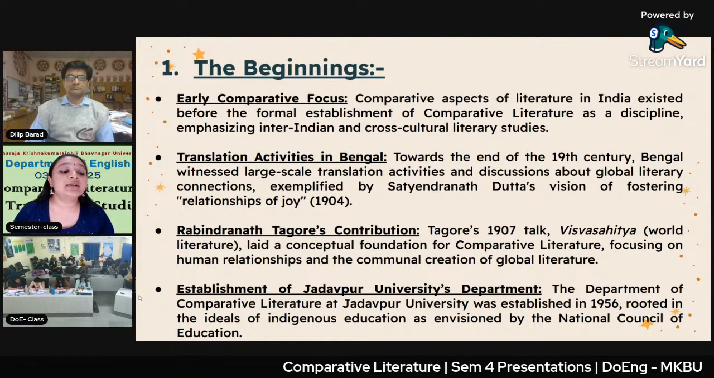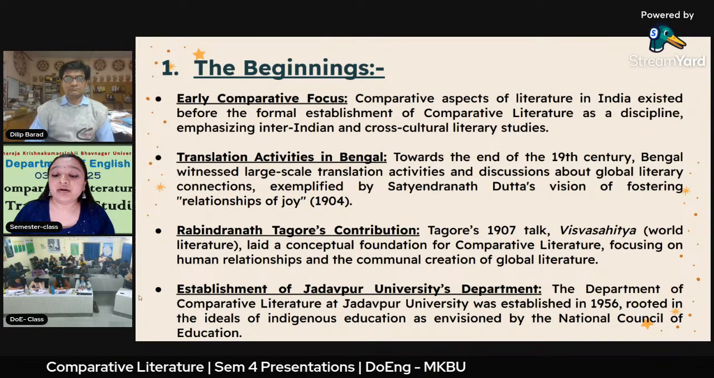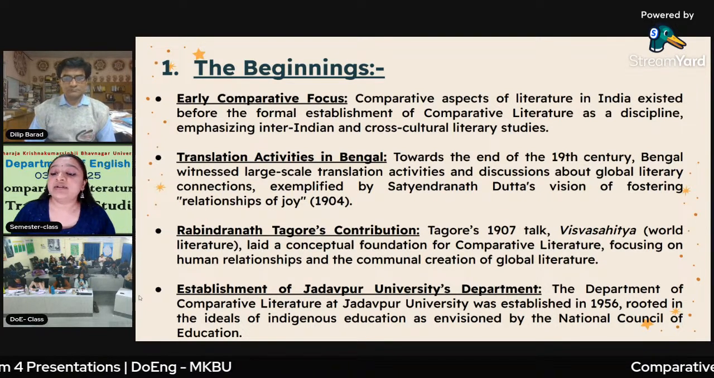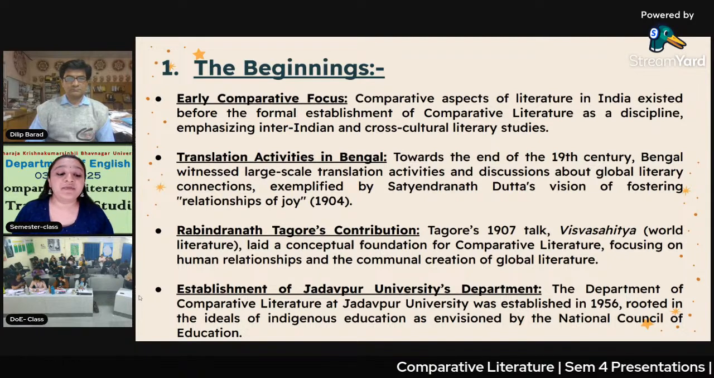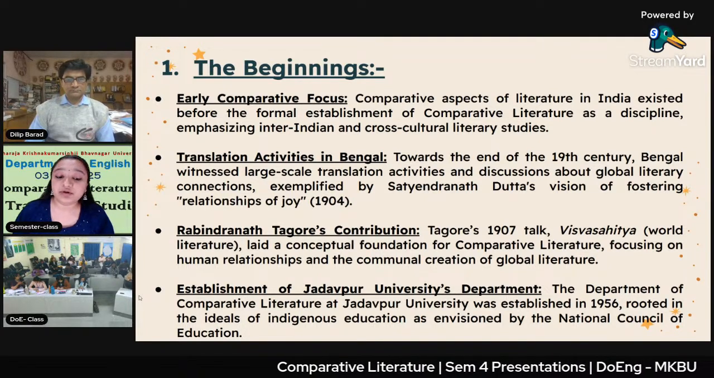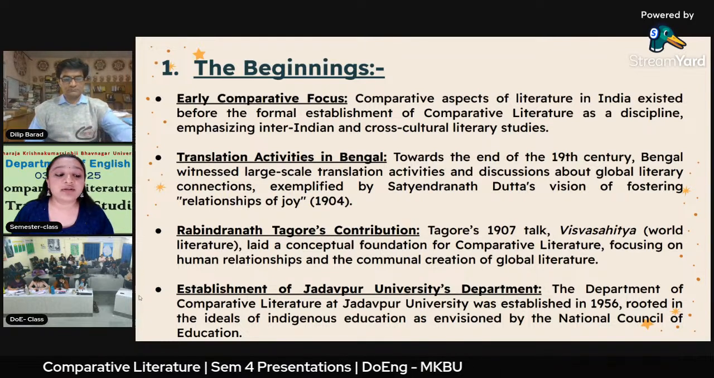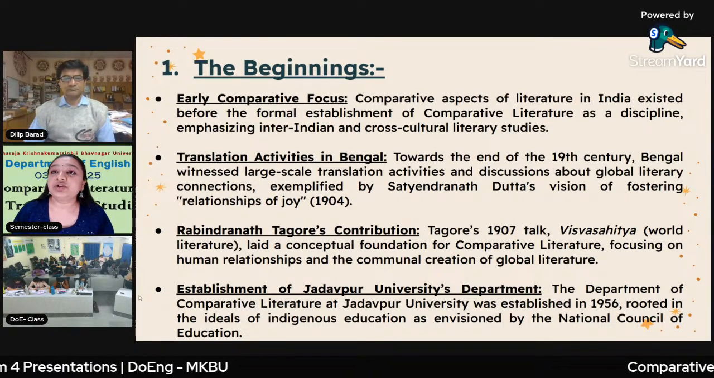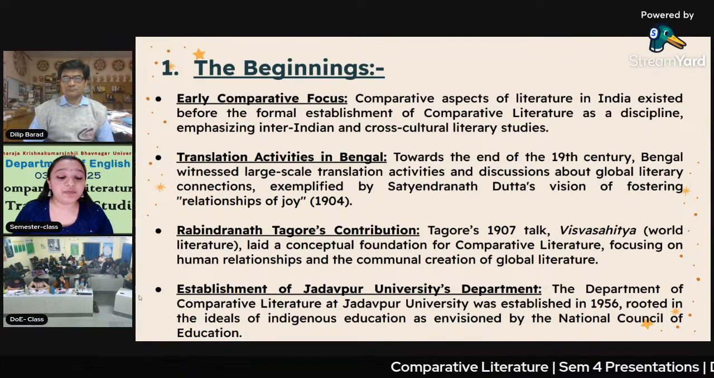Another thing is Rabindranath Tagore's contribution. In his 1907 talks on Vishwa Sahitya, meaning world literature, he laid a conceptual foundation for comparative literature, which focuses on human relationships and communal creation of global literature. Its establishment at